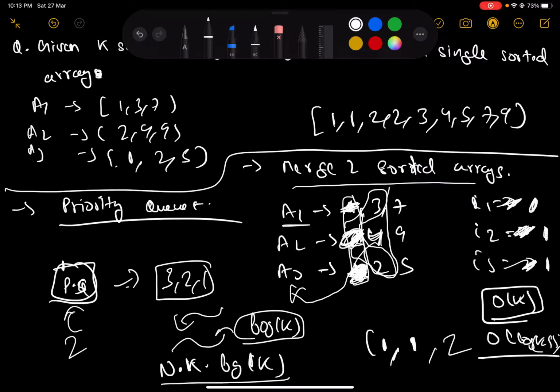So we actually reduce the factor of k to log k. Our previous time complexity was n into k square, and from there we jumped to n into k into log k. This is how the algorithm can be visualized.